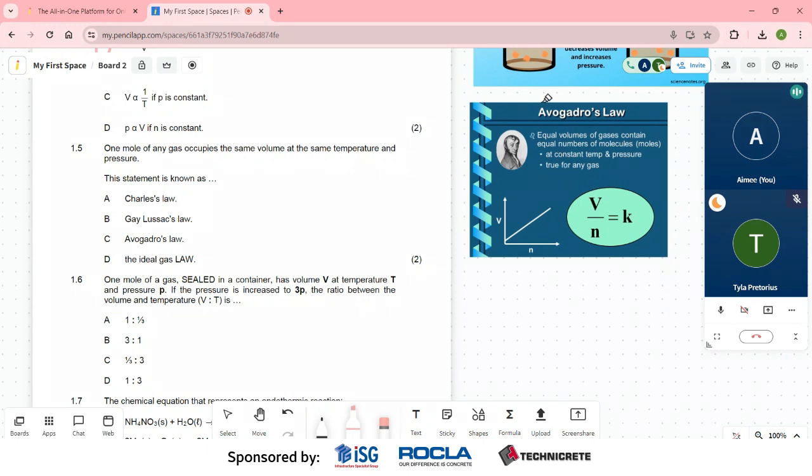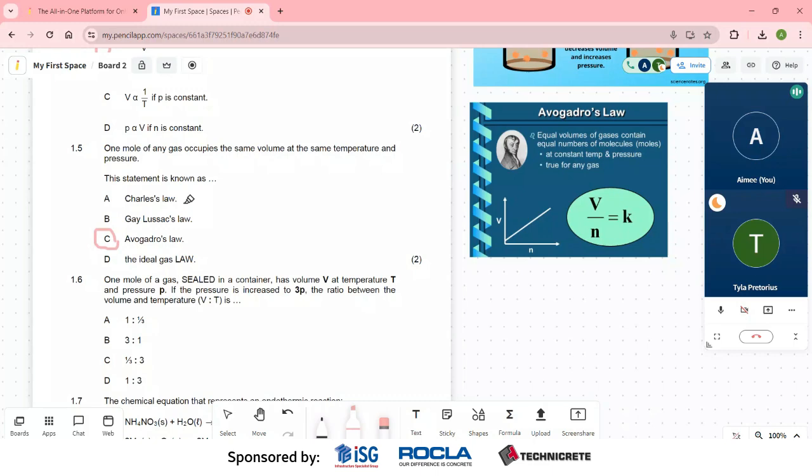cue card here for you guys, it says that Avogadro's law says that equal volumes of gases contain equal numbers of molecules in moles at constant temperature and pressure for any gas. And this says 1 mole of any gas occupies the same volume at the same temperature and pressure. So this is in fact 1.5c,